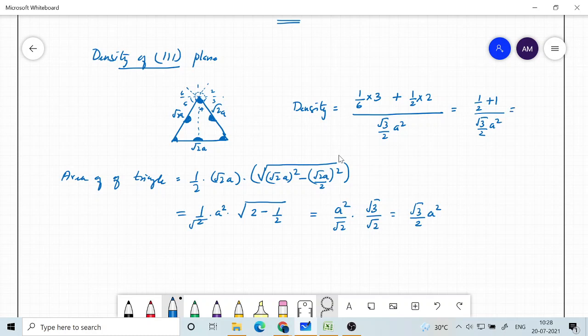So this is basically again 3 by 2, 3 by 2 into 2 by root 3 square. So that is equal to